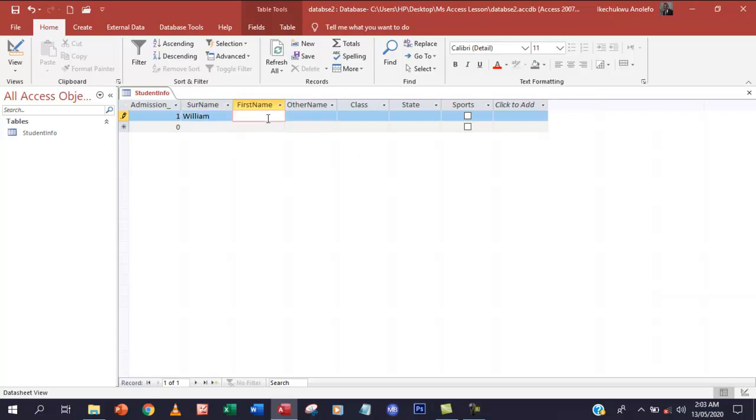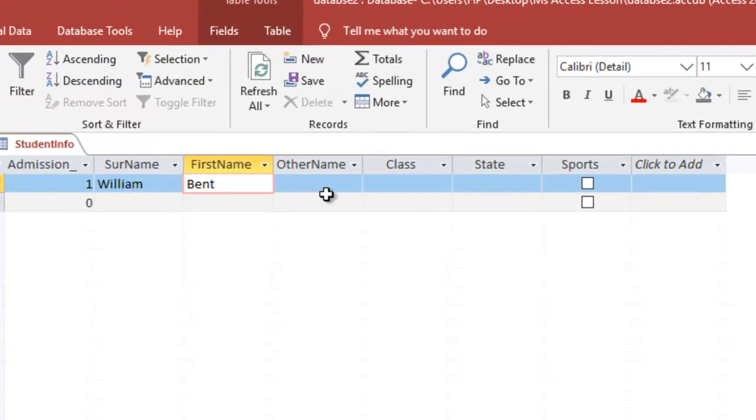That's a surname, and then I'm going to have Bent as my first name, and probably other names, maybe Kentucky. Something like that. Class A 10. And then I have states. Probably the state is gonna be Lagos State. I know the names are too English to be Lagos State, but that's cool. So that's for that.